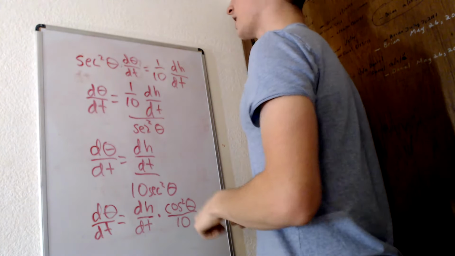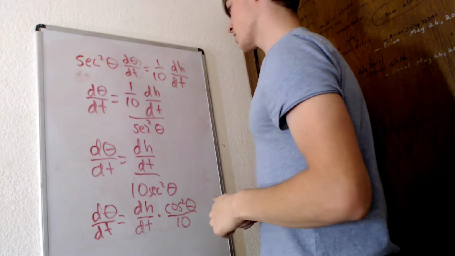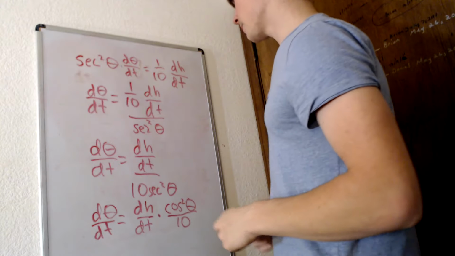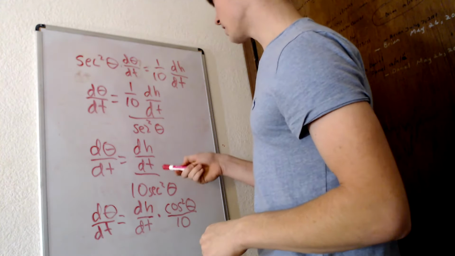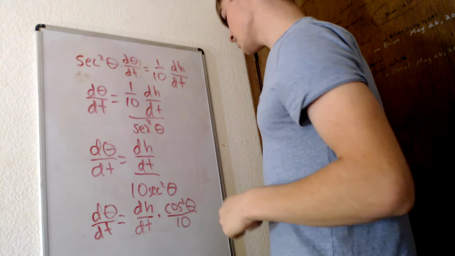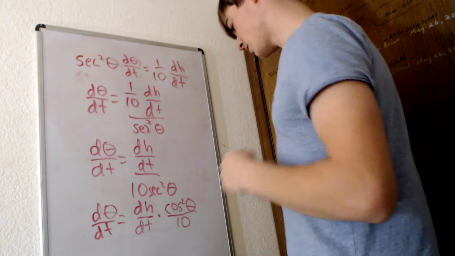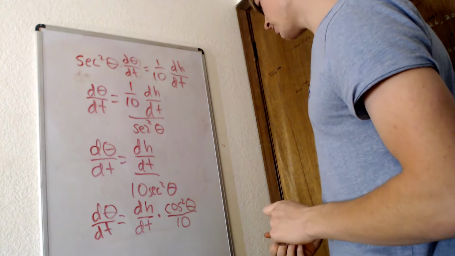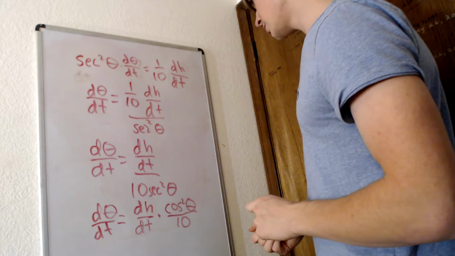So we divide both sides by secant theta squared, so you can see that here. And then we can use our algebra to move that 1/10 into the denominator. It becomes 10 secant theta squared. And then we're going to cross multiply to get